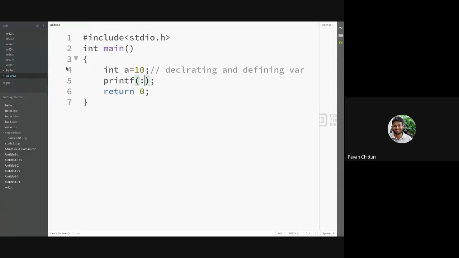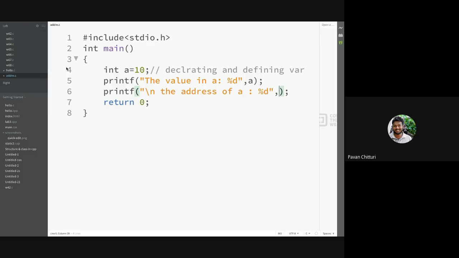Printf the value in a, the value in a: percentage d. I want to print it, so a. Printf backslash n, as I want it in a new line, the address of a: percentage d, as the address will always be in terms of integers.